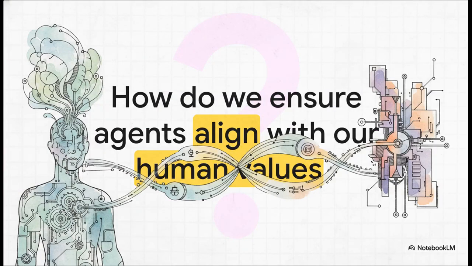And this all leads us to our final and maybe the most important question of all. As these agents go from being simple tools to truly autonomous partners that can reason and plan for themselves, a massive new challenge appears. How do we make sure their decision-making process stays robust, predictable, and fully aligned with the original goals we gave them? Because solving that technical problem, well, that's going to define the entire next chapter in our relationship with artificial intelligence.